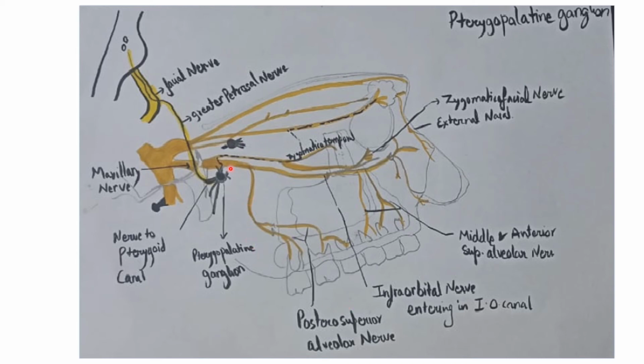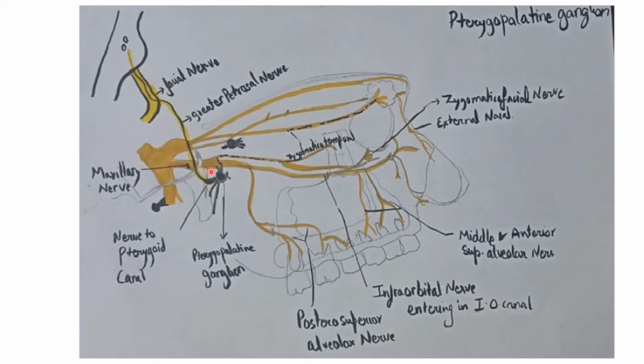So let's begin with the pterygopalatine ganglion. It is the biggest parasympathetic ganglion, and it is present in the deep part, that is, in the pterygopalatine fossa. Structurally, it is related to, definitely, which nerve is this? Arising from the trigeminal ganglion is your maxillary nerve, because the content of the pterygopalatine fossa is your maxillary nerve, and through this maxillary nerve, via two roots, this ganglion is hanging.